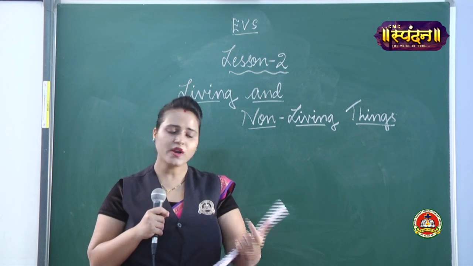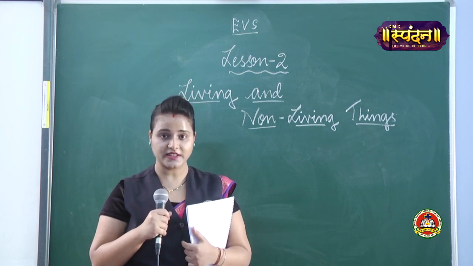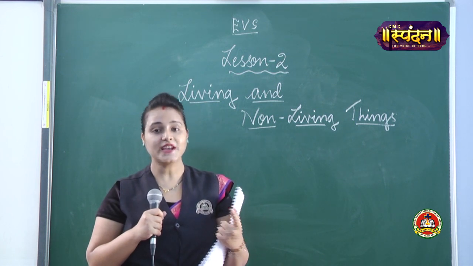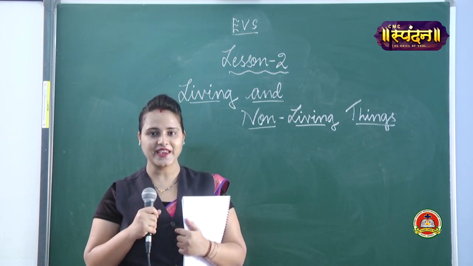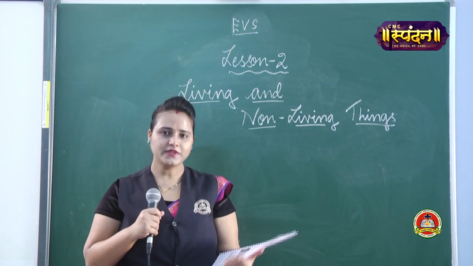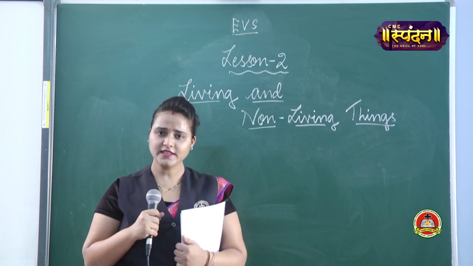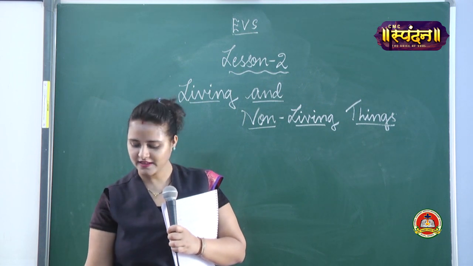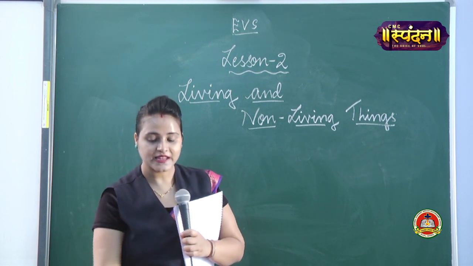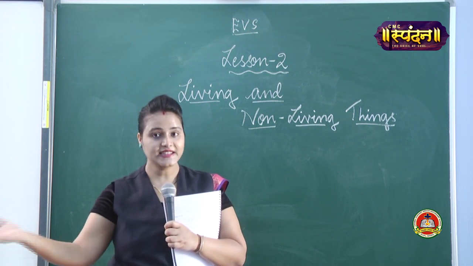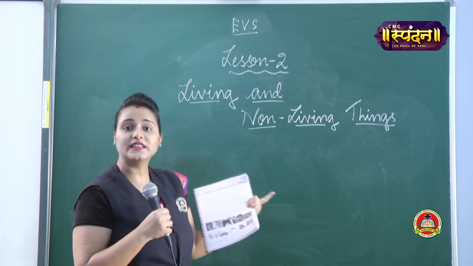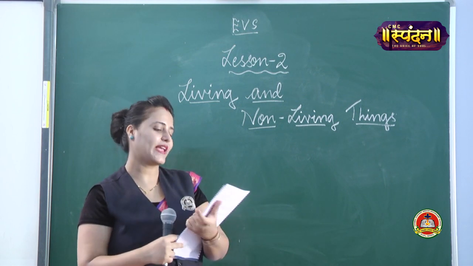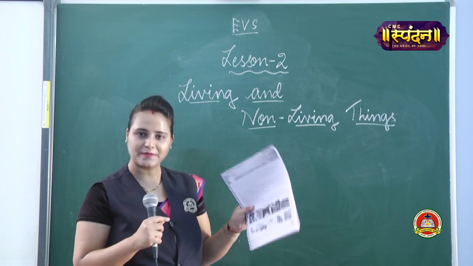But what about non-living things? Non-living things, the ones which don't have life in them, they are known as non-living things. So, for example, just tell me the examples of non-living things. You can look here. Duster, box, tables, chair, board, all these are non-living things. Yes, my dear children? Okay. So, let's quickly go through the chapter.